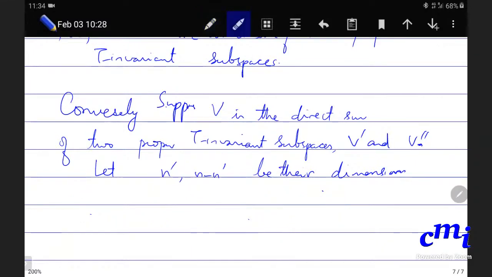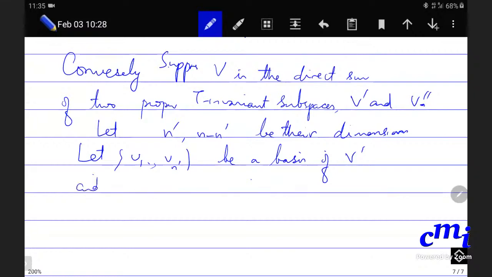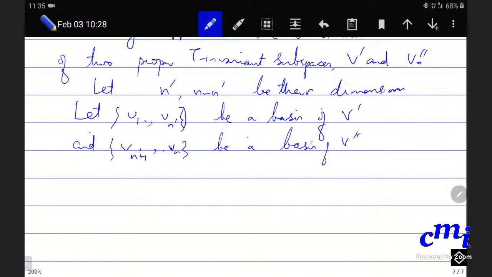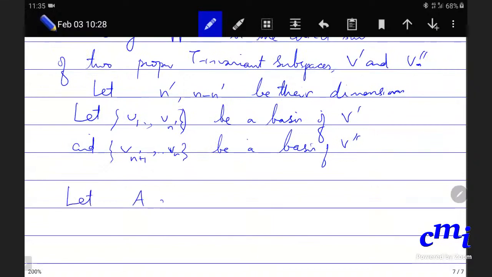So you have to fix a basis for V prime. Okay, so let V1 through Vn prime be a basis of V prime, and I just want to label it n prime plus 1 through Vn be a basis of V double prime. Okay, let A and A prime respectively